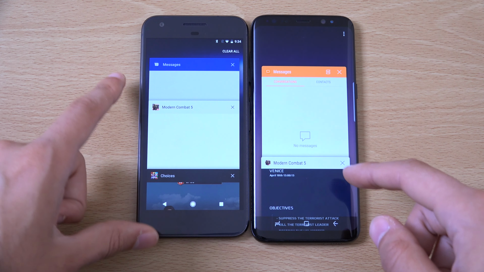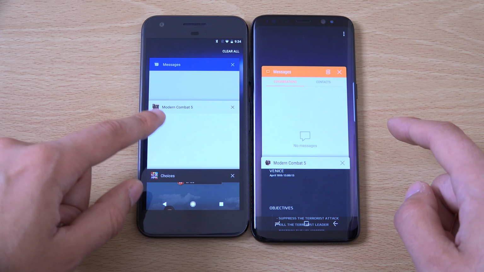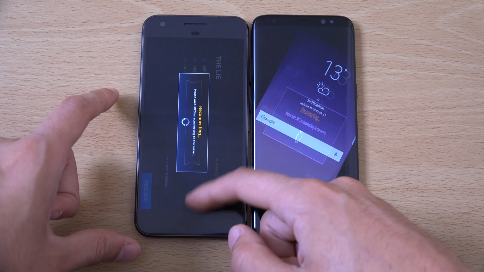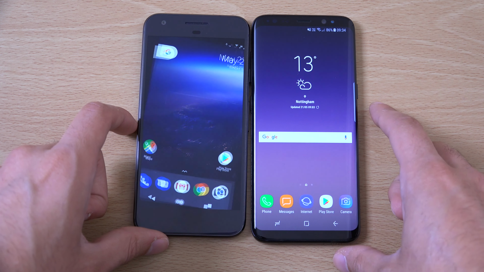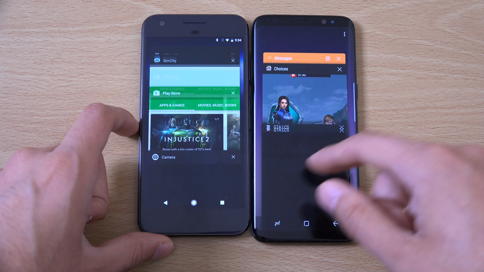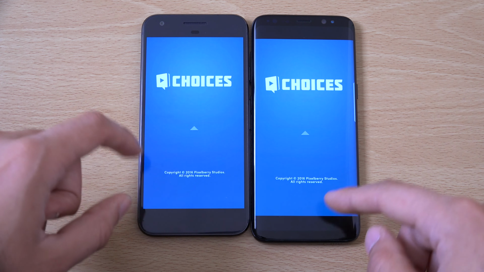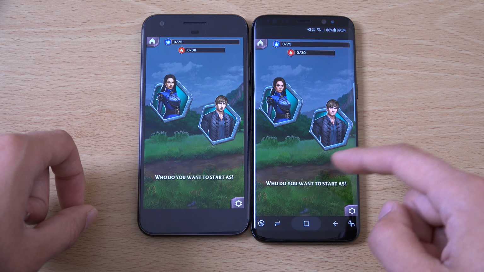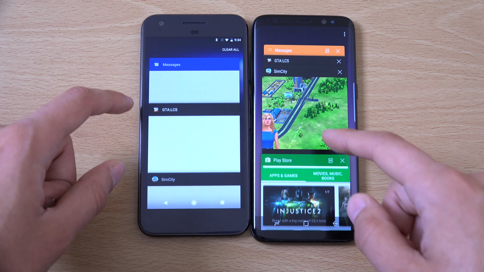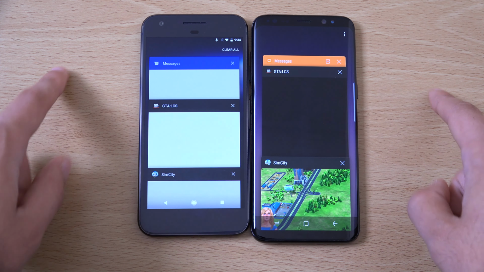But then again, I think for the next Pixel, I would like to see 6 gigs of RAM, because Android gets more and more complicated as the years go by, and you do need the hardware grunt to back it up here. But generally you can see the Pixel is meeting the S8 when it comes to the performance, which is good,